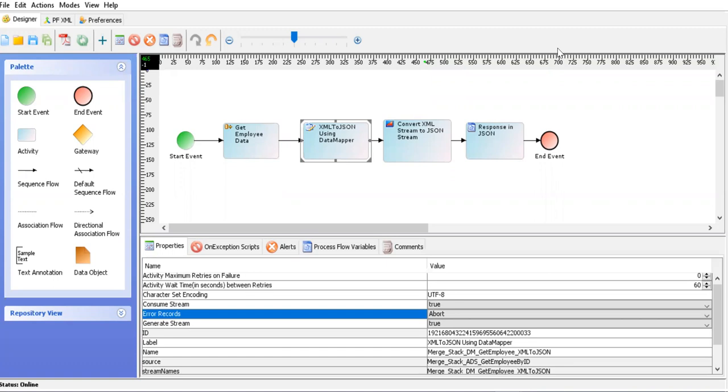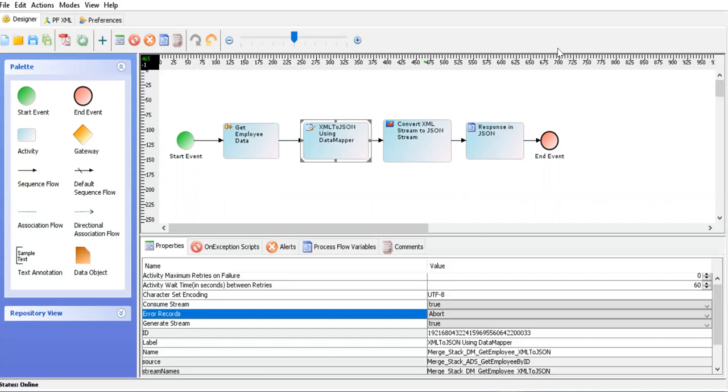So in the last session, let me recap. We passed that employee ID as a body, okay? And then we used that ID value. We actually retrieved the ID value from the request and then used the database source to use that value in the where clause, retrieve the data, and respond with XML data back to the users. So in this session, I'm trying to send that ID value as a query parameter or a header parameter while invoking the REST API. Okay, so we'll see both scenarios.